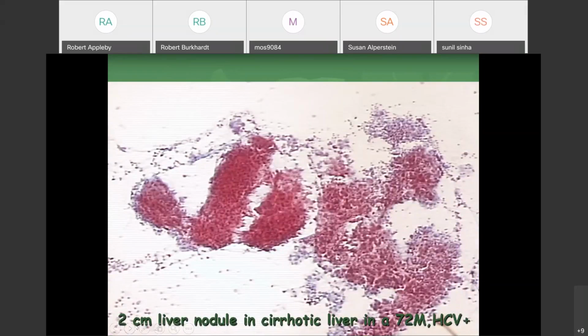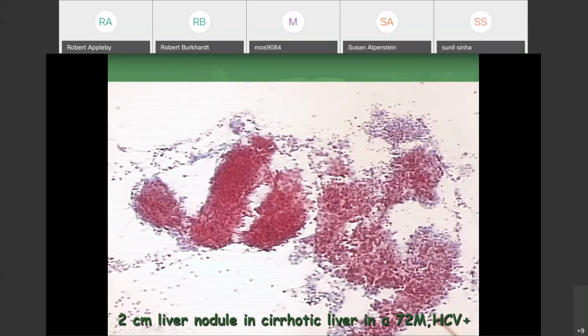And because that target's only 2 cm, the sample contains some benign liver and malignant liver hepatocyte. I use this case for teaching because everything is in the same smear,